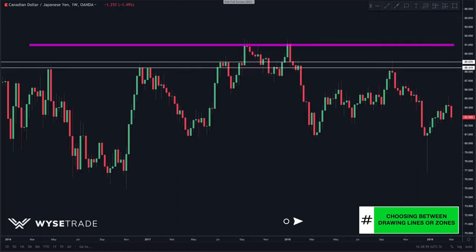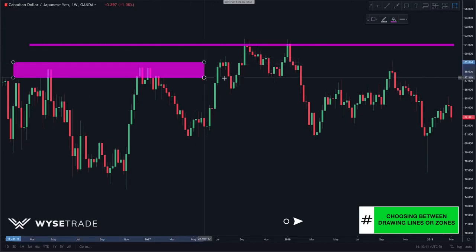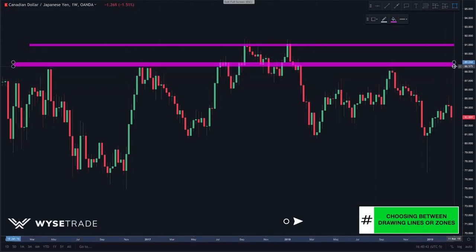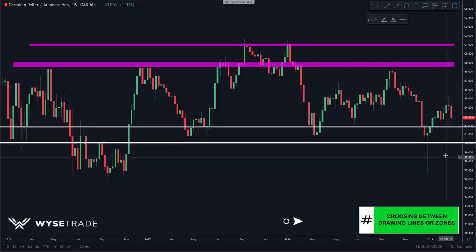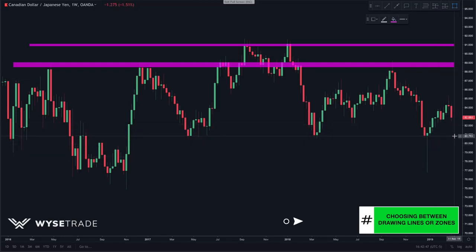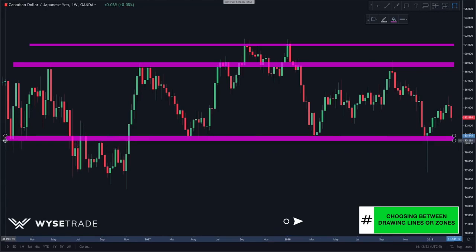Or, again, create a zone like this. Next, you spot these rejections here. Again, we choose the zone. And finally, at the bottom,